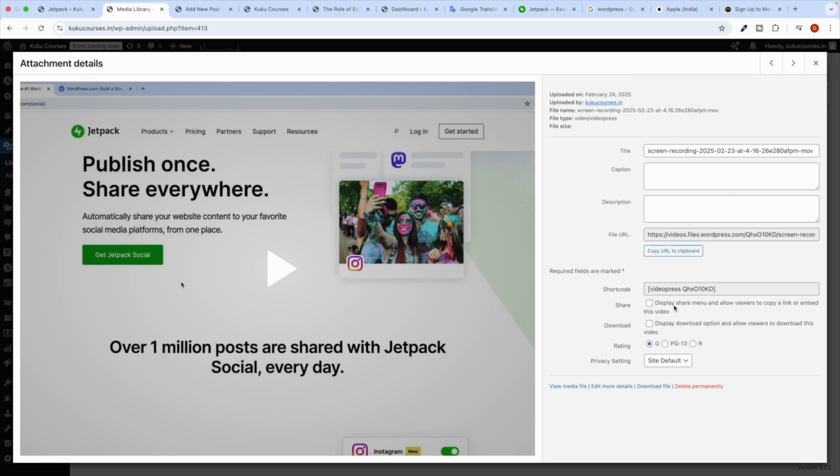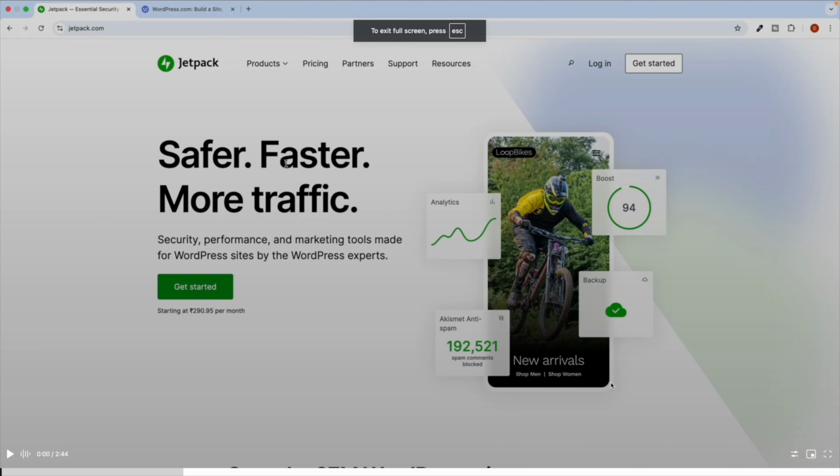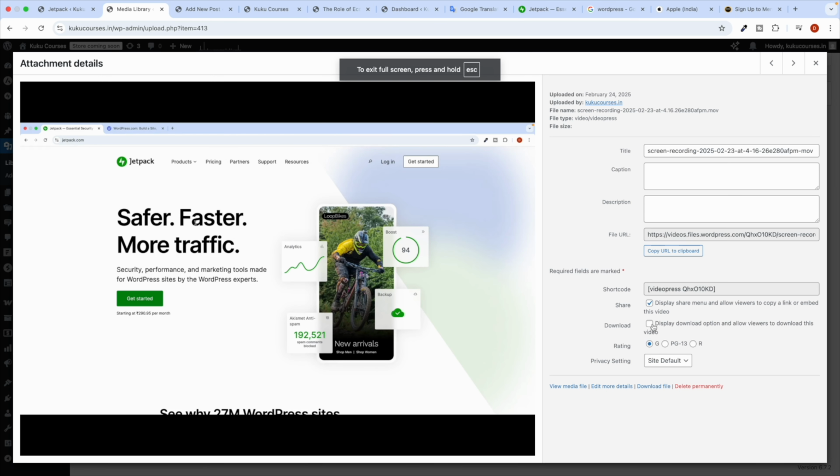So from here you can enable the share option, so the share option will be visible on your video. Okay, like this. And also, if you want to give visitors the option to download your video, you can enable this option as well. But if you're providing it for online courses, I will suggest you switch off both of these options, and then you can simply copy the shortcode